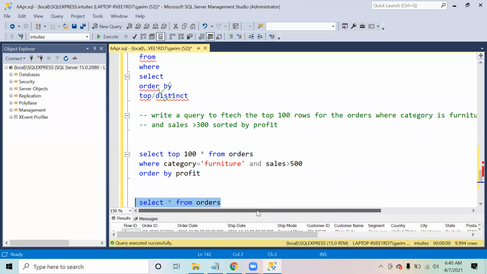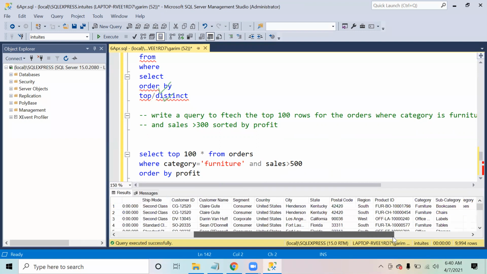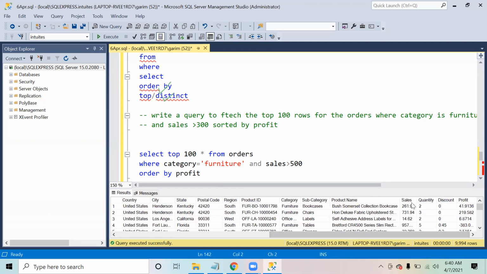Now what I would like to do over here is to create a column of price. If you see, we don't have a column of price in this. So if you want to add some calculated columns in your table, like suppose I want to add a column of price.